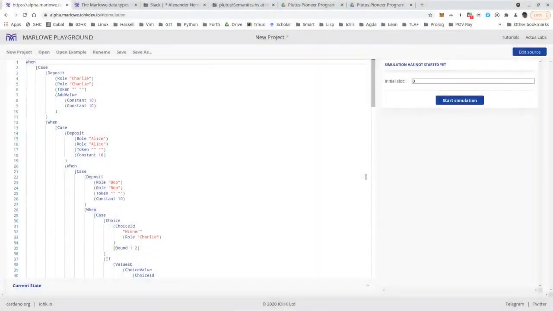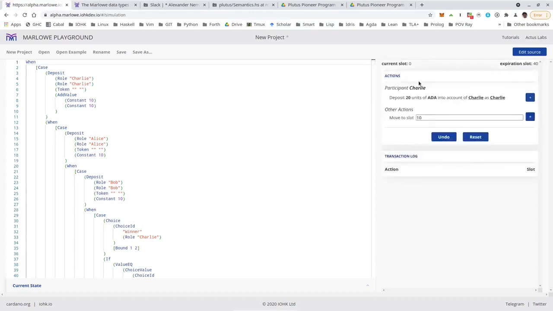For homework, I would like you to modify the contract that I wrote as follows. Charlie should put down a deposit in the very beginning of twice the deposit that Alice and Bob put down. And if he then doesn't choose, when it's his turn to choose, Alice and Bob get half of what he put down. So Alice and Bob each end up with 20 in this example.